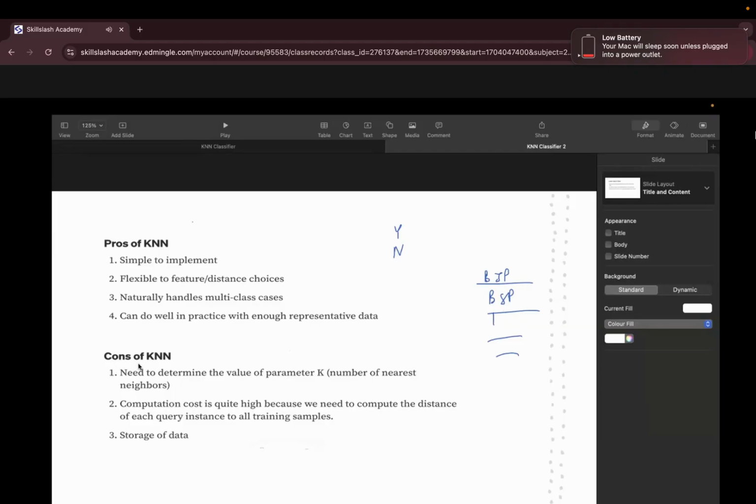Now the cons of k nearest neighbor. The cons of k nearest neighbor is very easy, because that's what I'm screaming from the starting of the algo, that it needs to determine the parameter of k, number of the nearest neighbor. Now let me tell you guys, the optimized determination calculation for the k is root over training value.